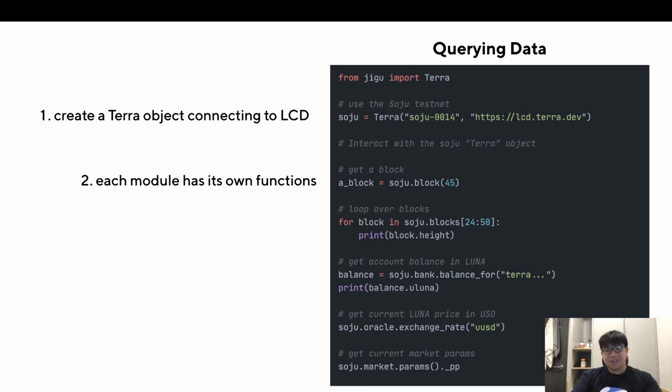And you'll notice that each of the functions is neatly packed into its own submodule within the Soju variable. So I can get the blocks by doing soju.blocks, and there's even an iterator which allows me to iterate through the blocks. I can get the balance for an account by using the bank module. I can get the exchange rate for Luna in USD using the Oracle module. And I can get the market parameters and print them using the market module. So it's really short, and it's really easy to get data from the blockchain by using the functions within each